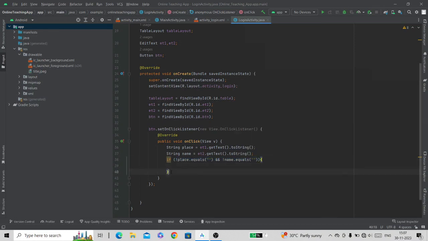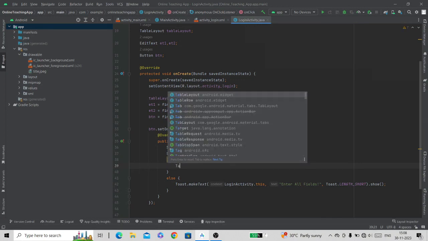If they are empty, inside this else condition we will show a toast message. Here we pass a text, enter all fields.